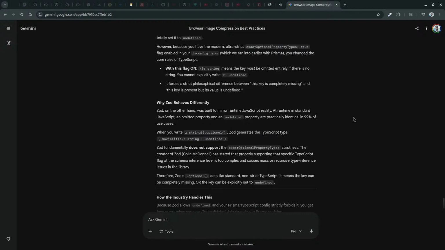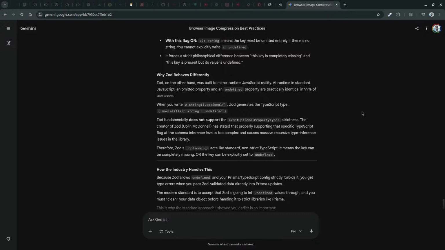Zod was built to mirror runtime JavaScript reality, where an omitted property and an undefined property are practically identical. Zod fundamentally does not support the exactOptionalPropertyTypes strictness. The creator of Zod, Colin McDonald, has stated that properly supporting it at the schema inference level is too complex and causes massive recursive type inference issues. Interesting.